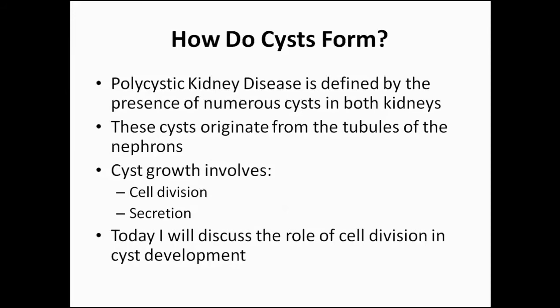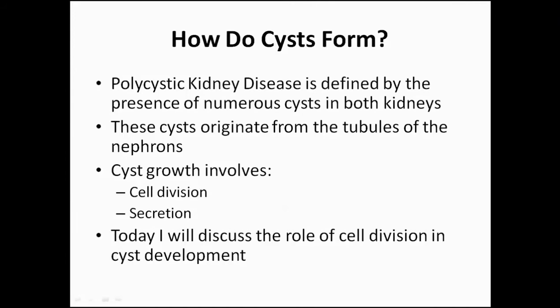Cells divide, and that's how organisms grow, and secretion. Anyone knows about secretion. Just looking at a meal, you'll be secreting from your salivary glands. So today I'll discuss the role of cell division and, to a lesser extent, secretion in the development of cysts